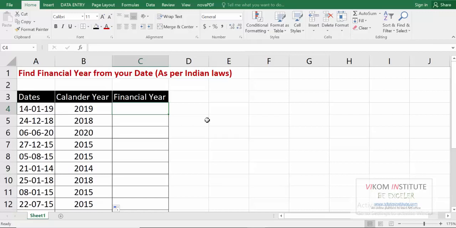So let's begin. Let's understand the financial year methodology. Since the financial year starts from April and goes to March of the next year, in this case our financial year would be 2018 and 19.